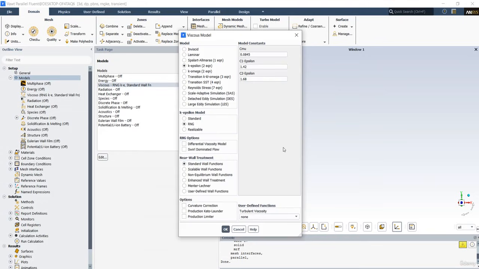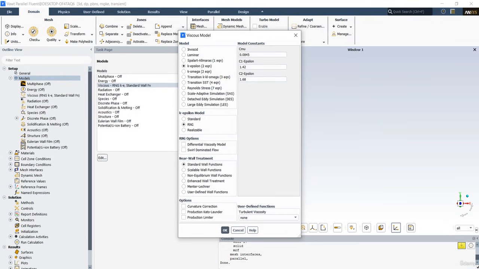We use the RNG k-epsilon model with the standard wall function as the turbulence model in this project. The RNG model was developed to renormalize the Navier-Stokes equations to account for the effects of smaller scales of motion. In the standard k-epsilon model, the eddy viscosity is determined from a single turbulence length scale, so the calculated turbulent diffusion is that which occurs only at a specified scale, whereas in reality all scales of motion will contribute to